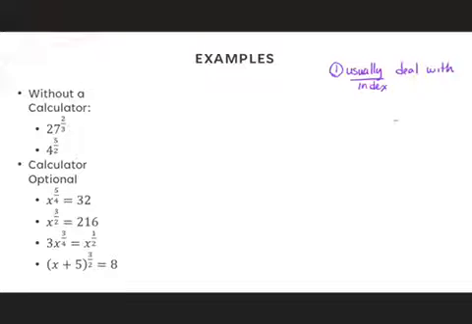Okay, and then raise it to whatever power is given to you. Okay, the reason we do things in that order is because the index is the root. It's a root of something, so it's going to make that number smaller. And then once I have a small number, I can raise that back to a power, and that's a lot easier